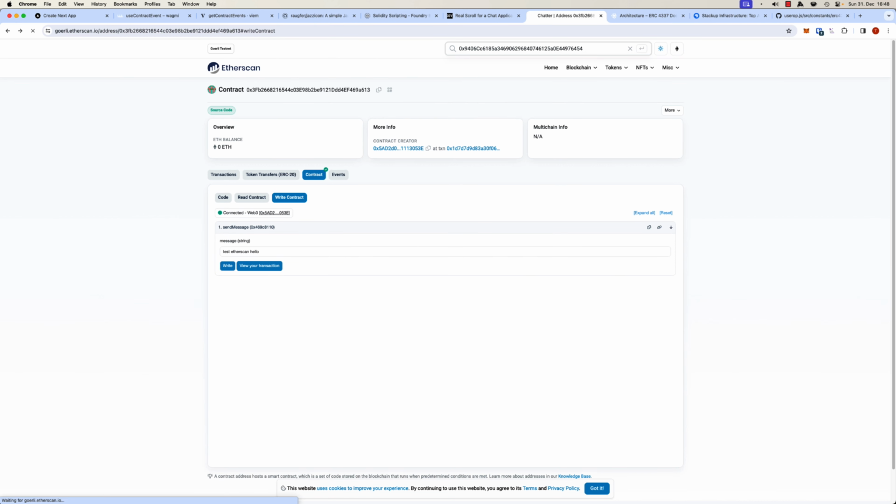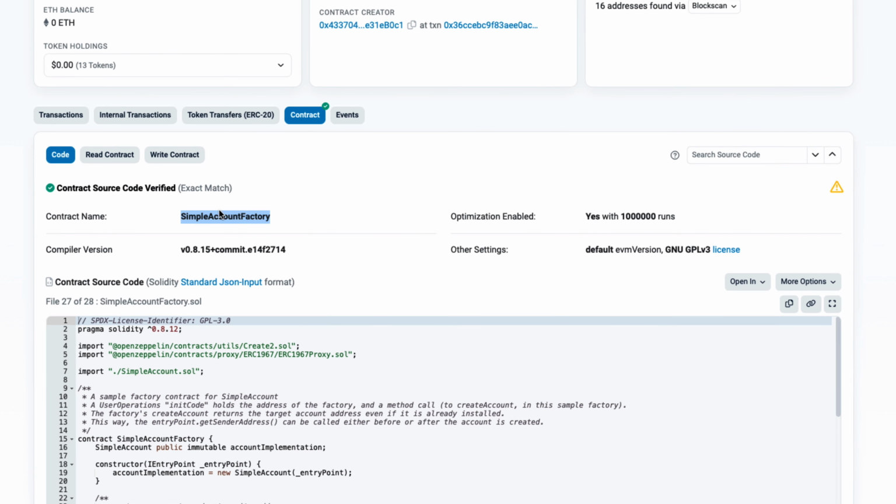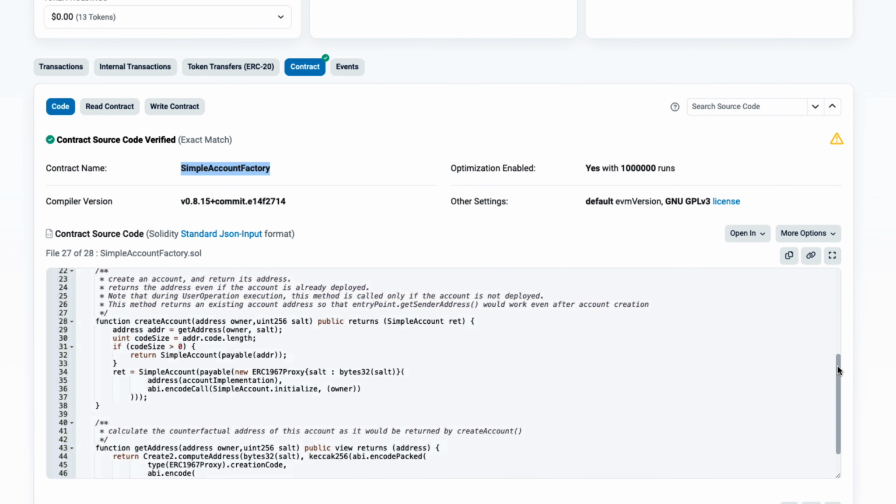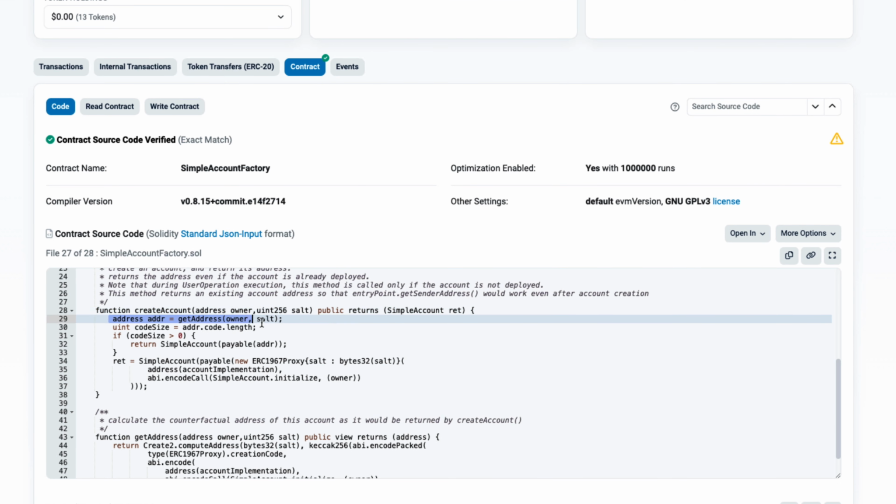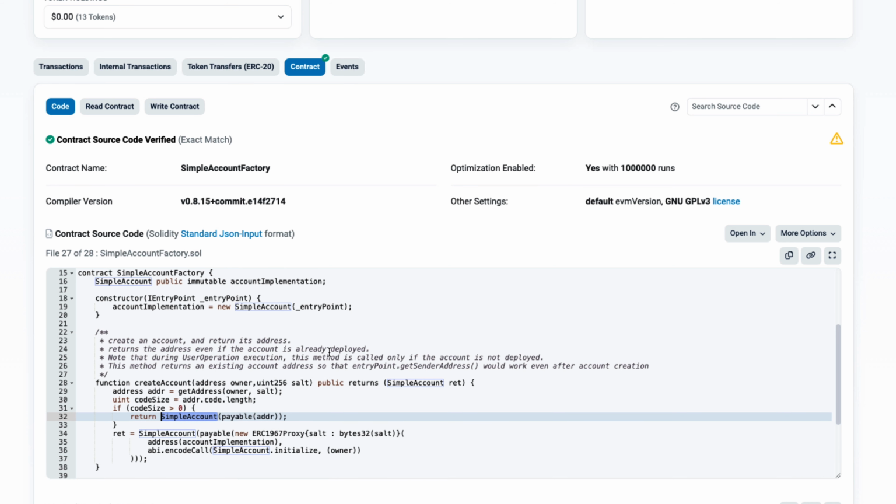So if I open on Görli this account factory, I see it's a simple account factory and it has a function create account. And with that function, it will either create a new account based on the address and the salt of the owner, which is a create to method to create the account, or it will just return the